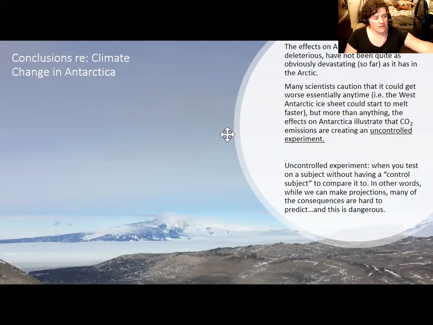And most scientists are cautioning that it's already starting to get worse, and we're already starting to see that. We really don't know what kind of territory we're heading into. And by causing a faster release of CO2 back into the atmosphere than at any time in geologic history, except for possibly during the Permian extinction, we are running what is known as an uncontrolled experiment on Earth, in that we are doing something that we don't really know what the long-term consequences are going to be.